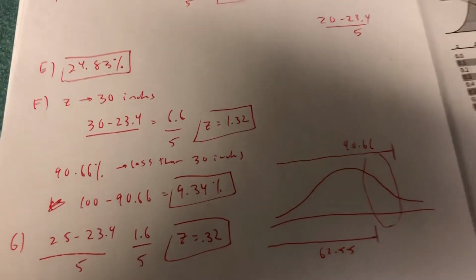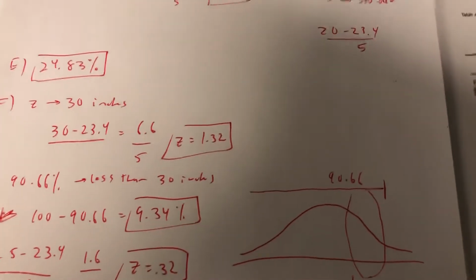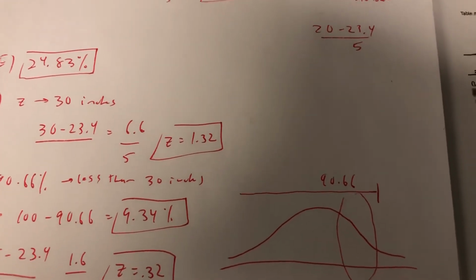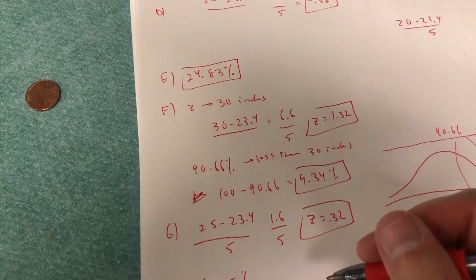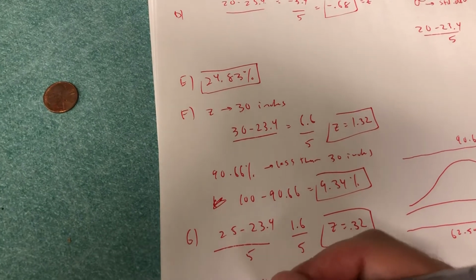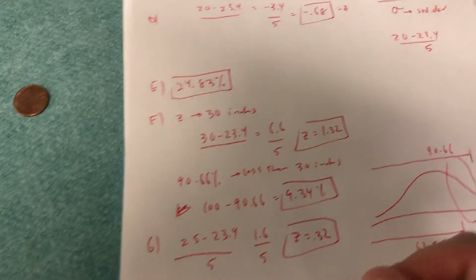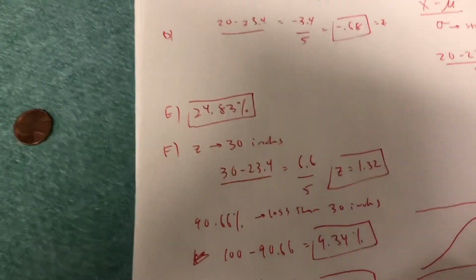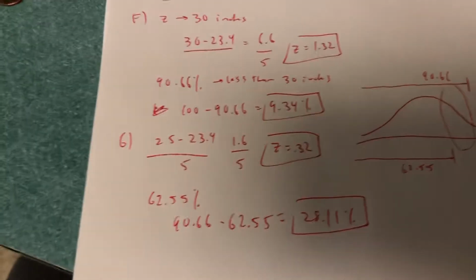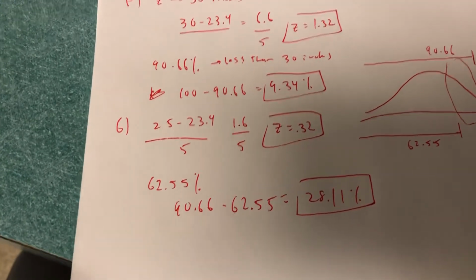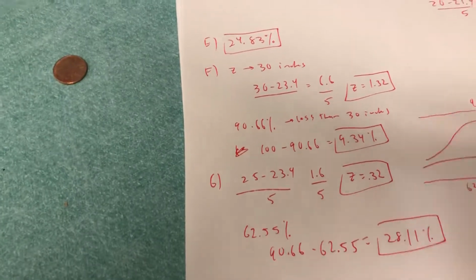You should be able to subtract those two. So 90.66, and you're going to subtract 62.55. So 90.66 minus 62.55 gives us approximately 28.11% of the time. It's going to snow somewhere between those two values. All right? And then part H says